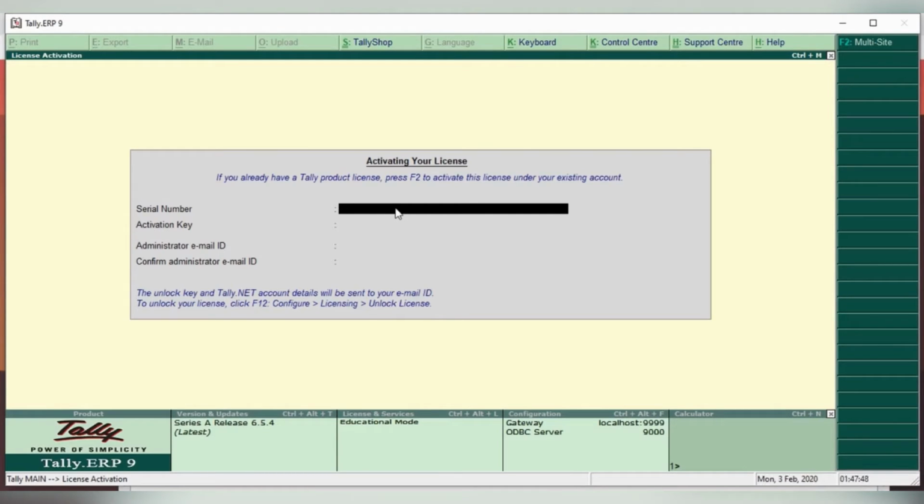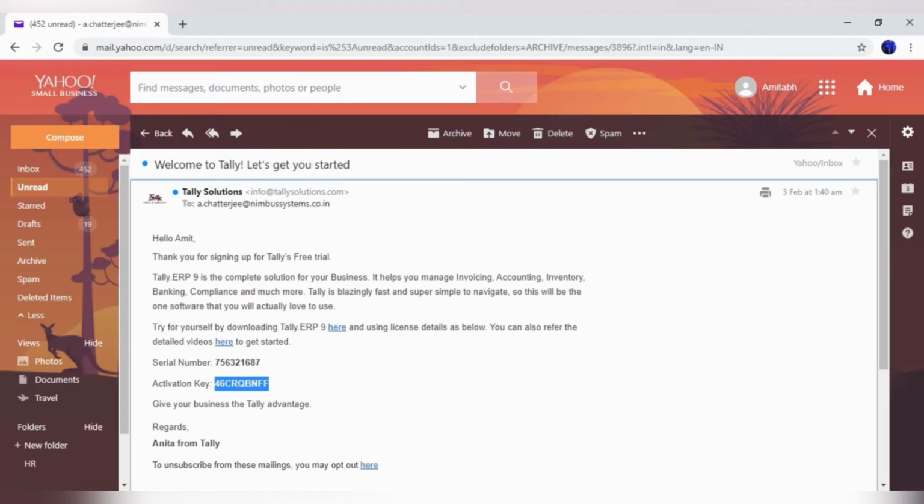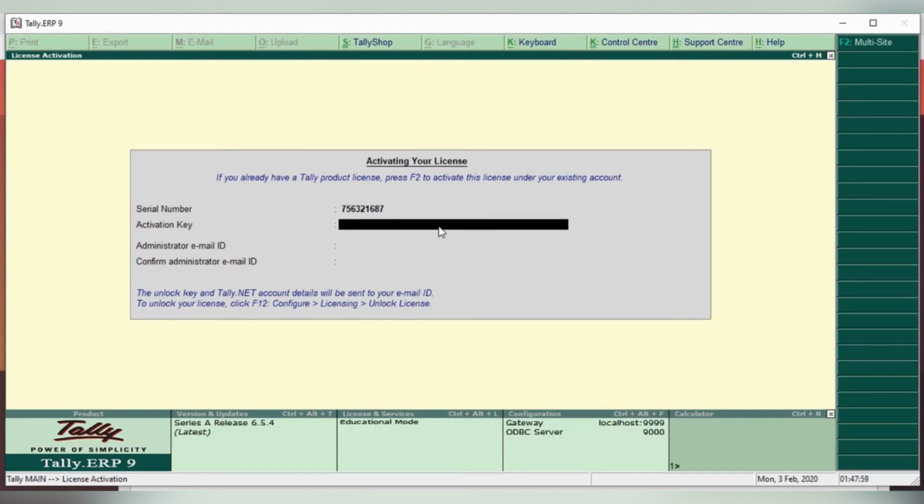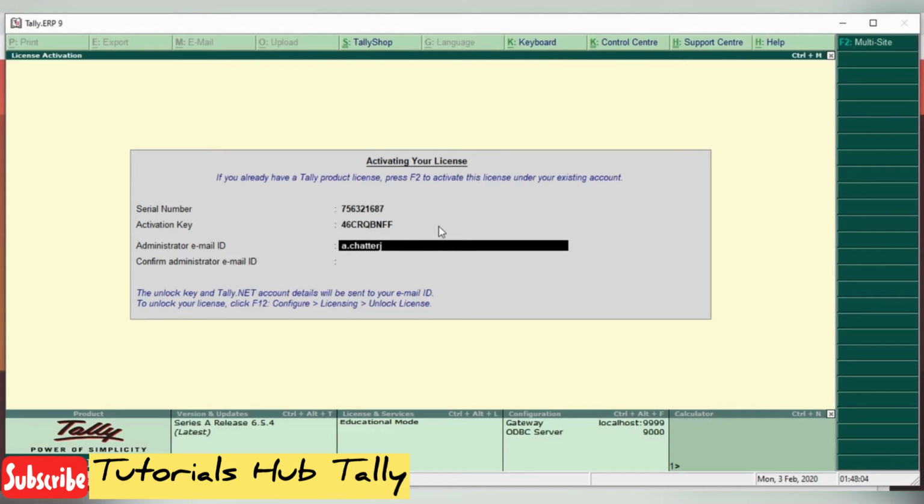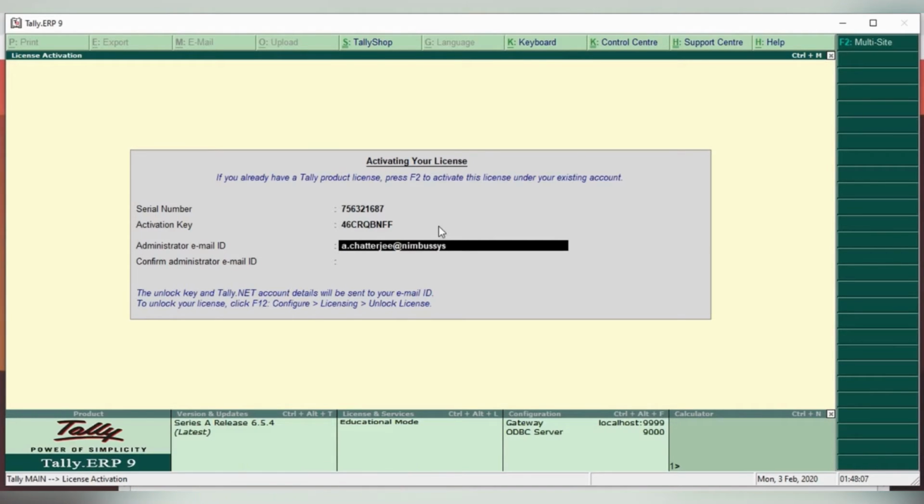I will copy from my mail and paste over here. After putting all these, press the enter button.